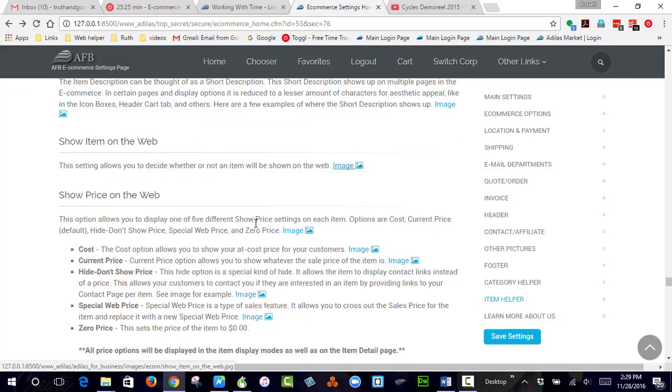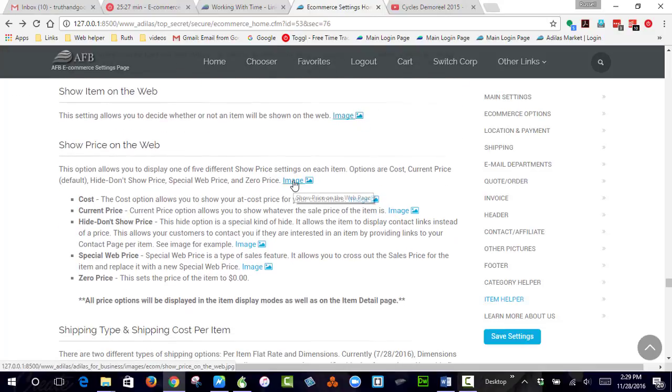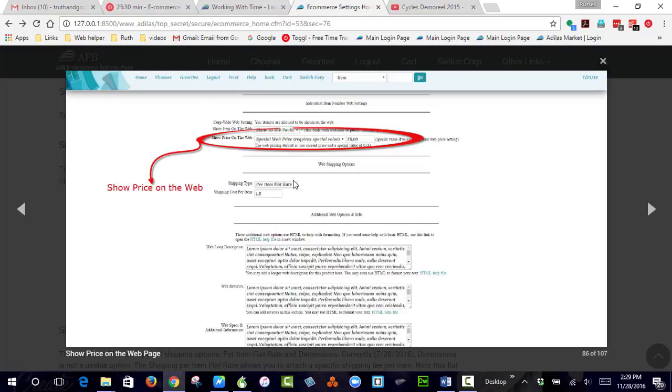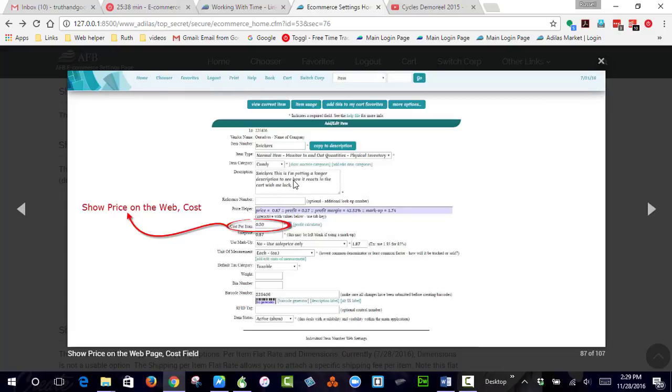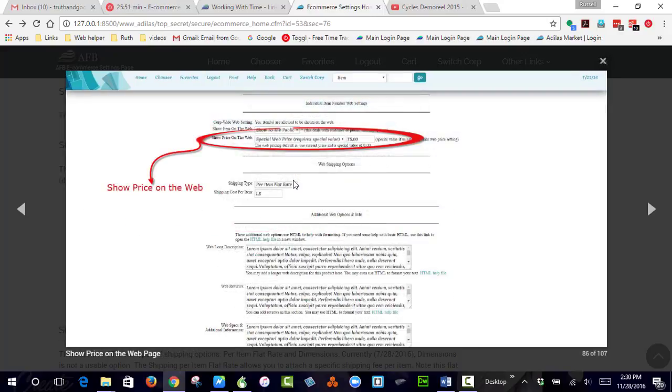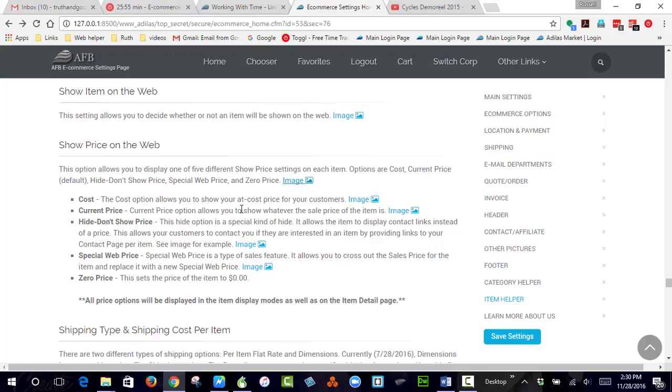Okay, let's go ahead and go to pricing. So this pricing section's a bigger one. So here's your section to change prices and choose different pieces to pull from. The first one that we have is show price on the web, and that's just your cost. So at cost. Down in this little field right here, and actually we should probably go to that page just to quickly show you